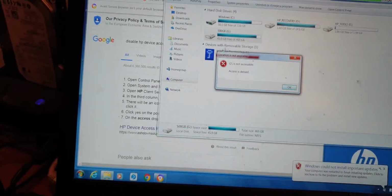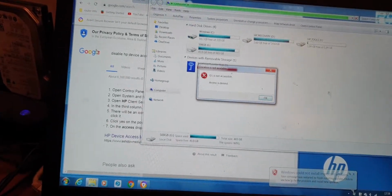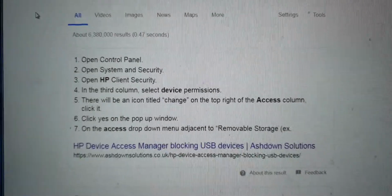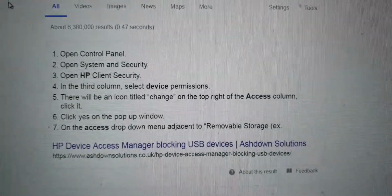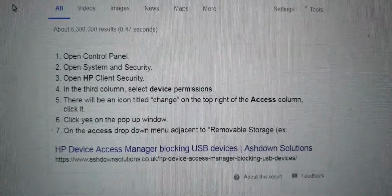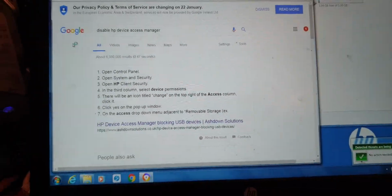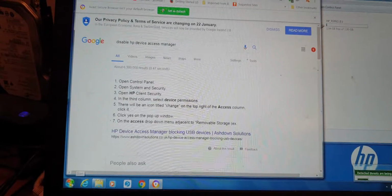So all you need to do is follow these instructions, which are those. So you might want to pause the video at this point. Okay, I'm going to do it. So,